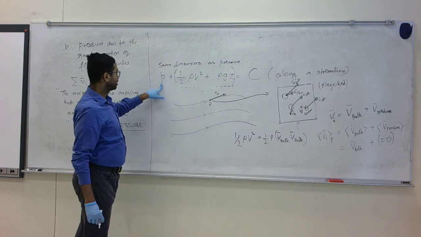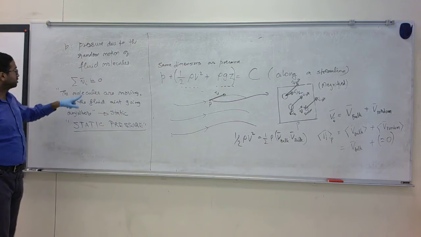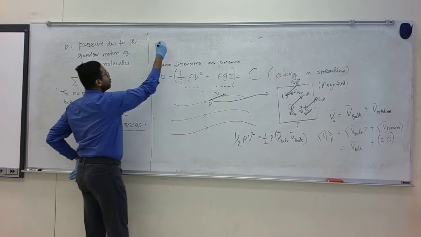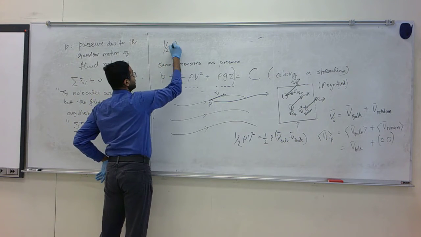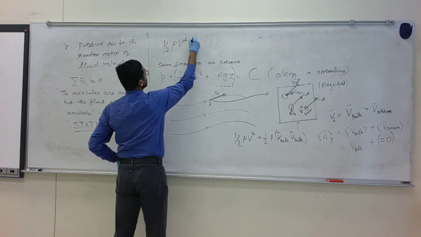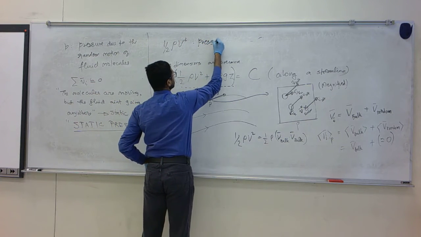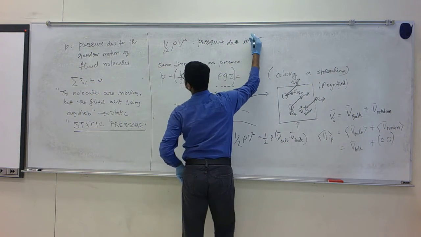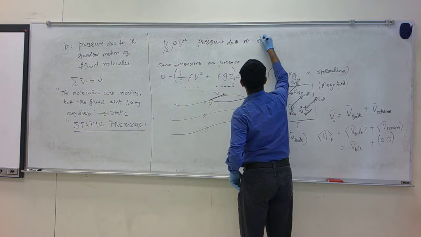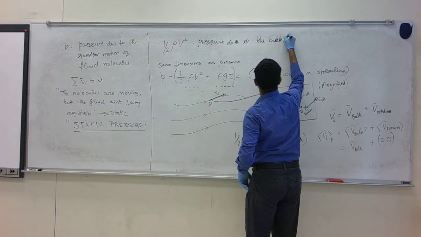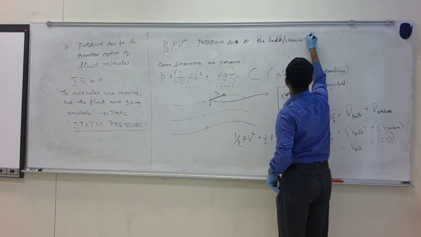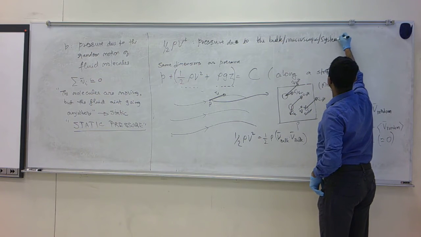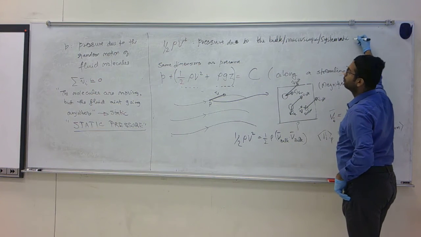Just like P was due to the random motion of fluid molecules, half rho v squared is the pressure due to the bulk or macroscopic or systematic motion